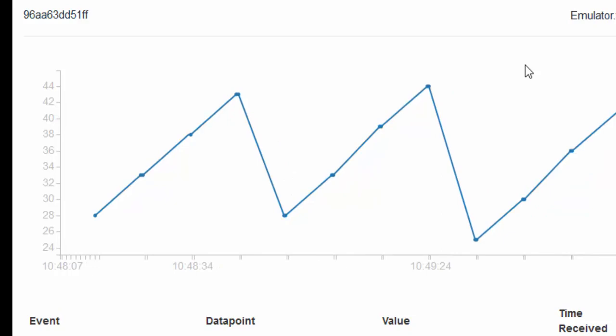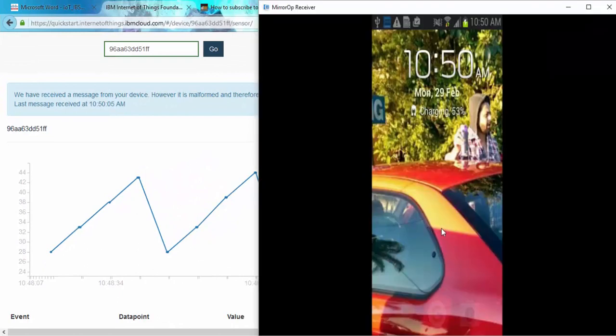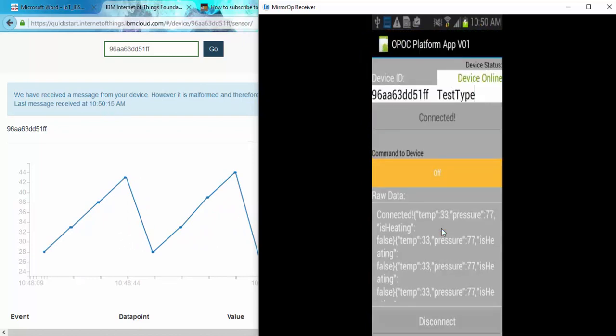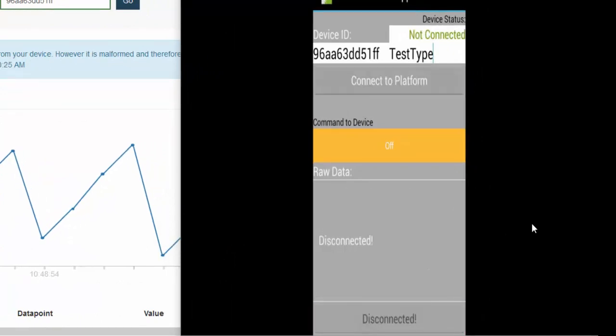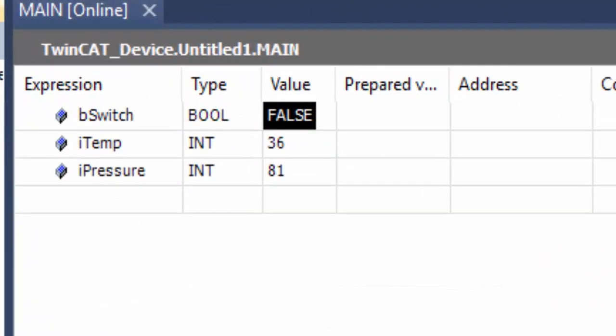And then we've got our Android application here, which is constantly retrieving the changes in values in the PLC. So hit disconnect, so it's disconnected, it connects again, there you go. So now quickly pop up the PLC runtime